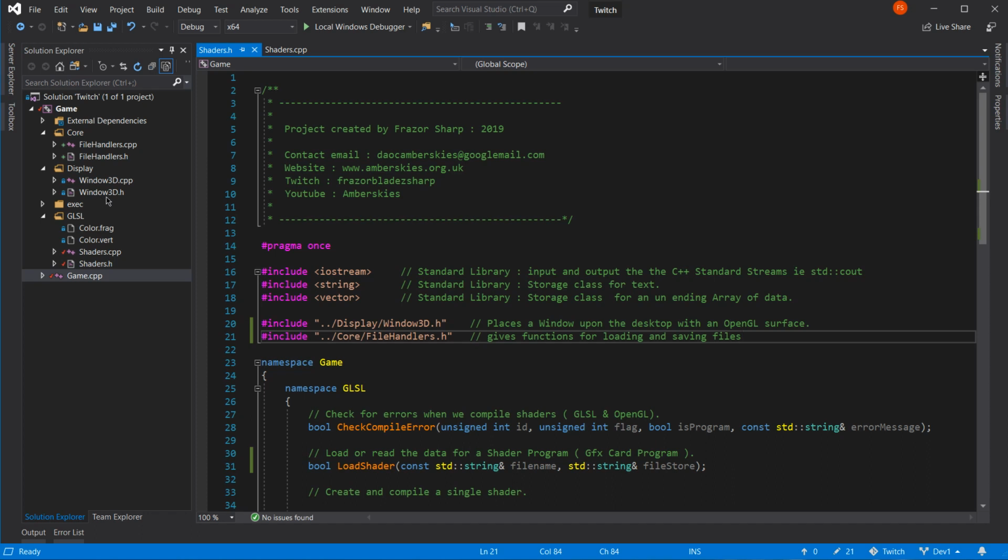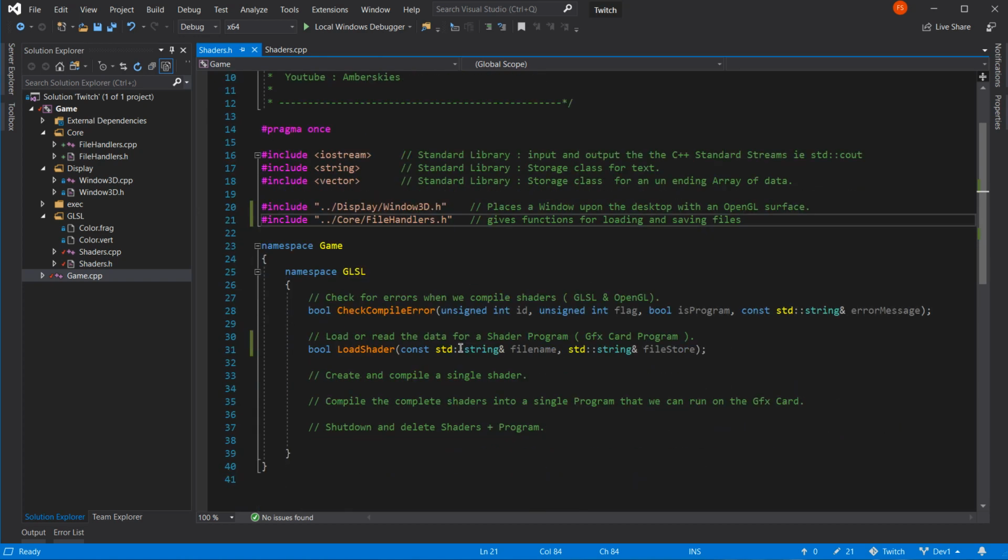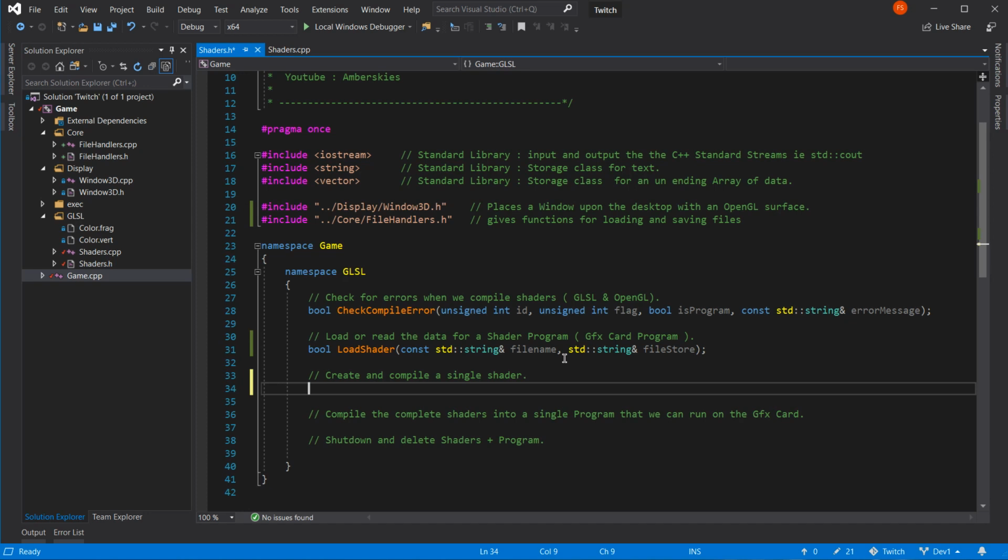Shaders, yes. Shaders. Create and compile a single shader. Okay. How should we do this one? I think we are going to have to get a bit crafty on this one.